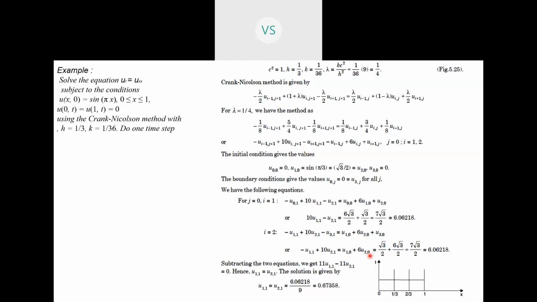So here you get equations. Here you don't directly get the values. Here you can see you have got the equations, 2 equations we have got. This is the first equation, this is the second equation, and when we are solving these equations simultaneously, then you are getting the values of those nodal points. So this is the difference. The schematic method is a little bit easier than the Crank-Nicolson method, but the Crank-Nicolson method has the benefit that it has no limitation on the time value. Okay, so this is about both the methods, schematic method and Crank-Nicolson method.